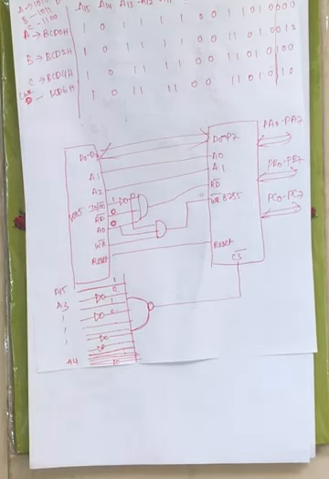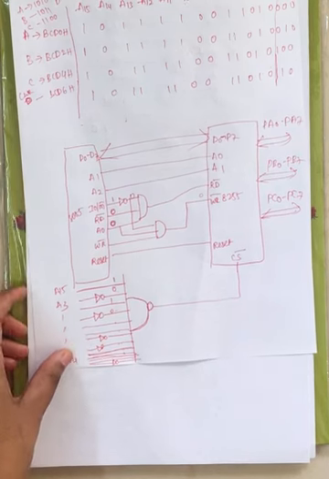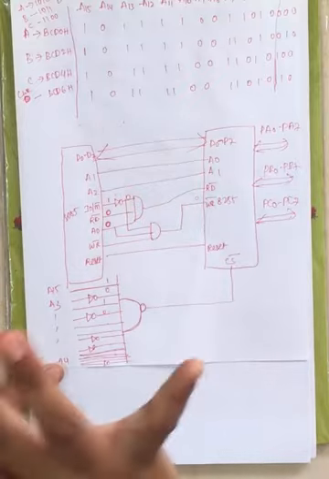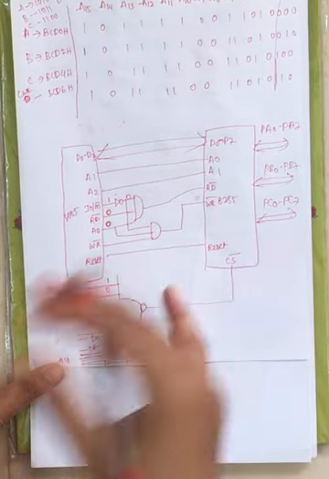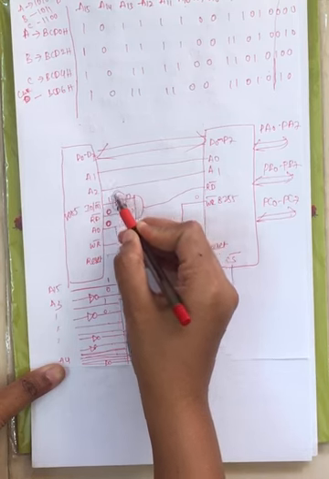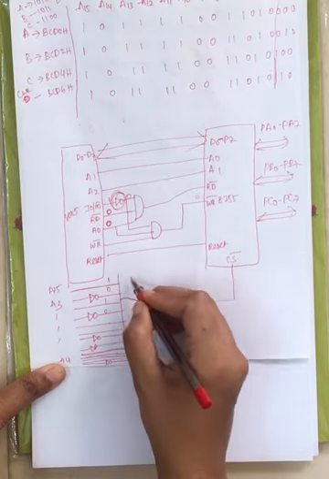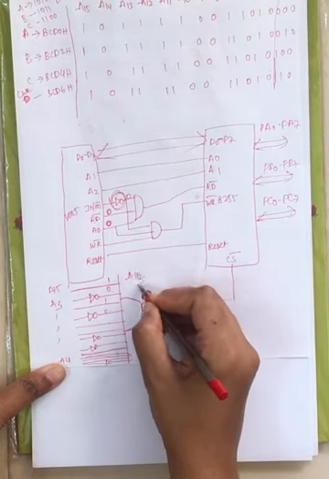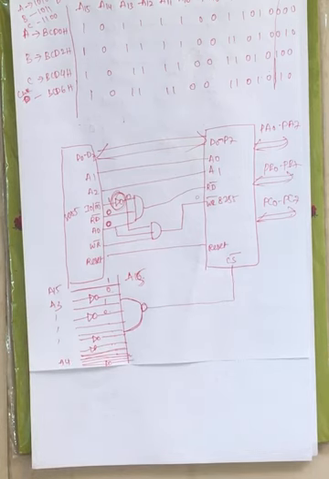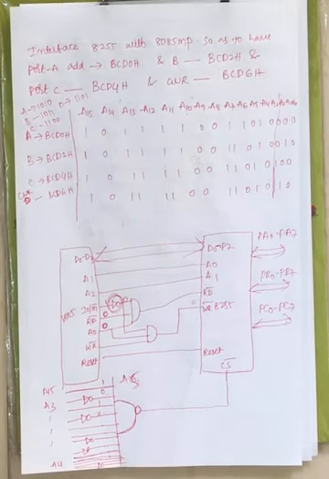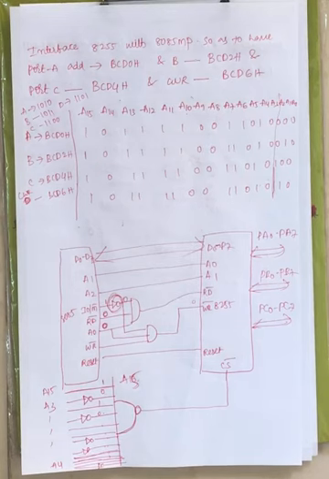Now this is how to interface your 8255 with 8086 microprocessor under IO mapped IO. Everything is the same, that's why I am not going in depth, just giving a brief idea. The only difference is that there you have only 8 address lines, here you have 16 address lines, that is till A15. Now here ends the interfacing part of general purpose IO with microprocessor.